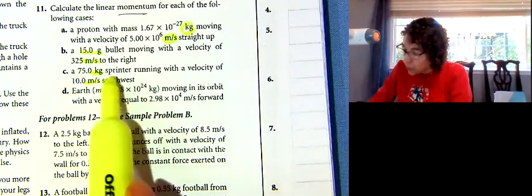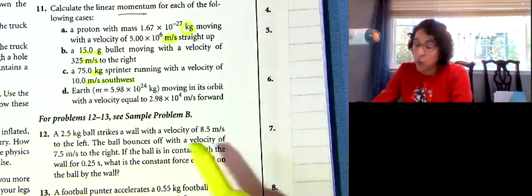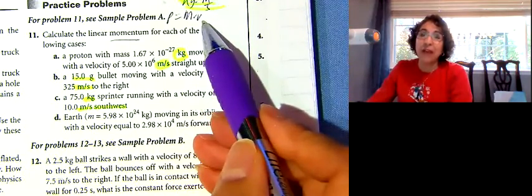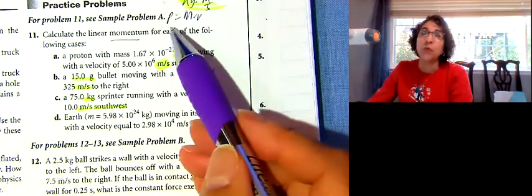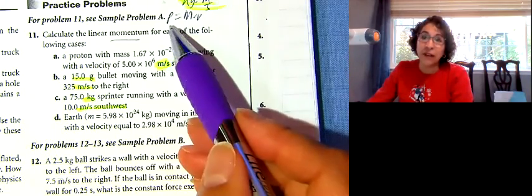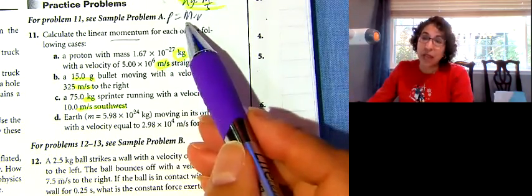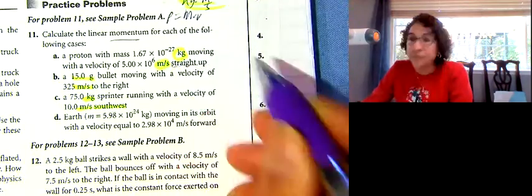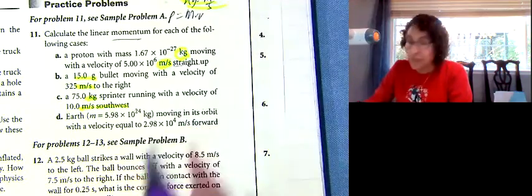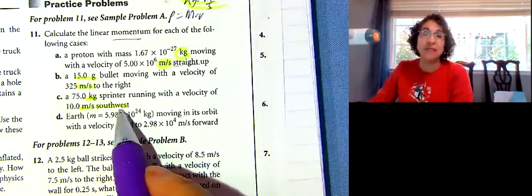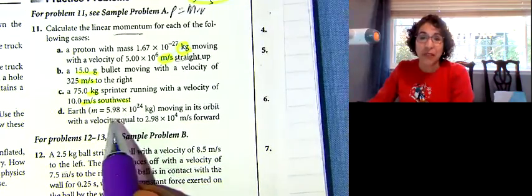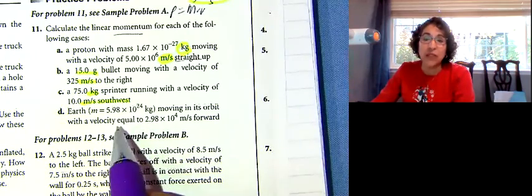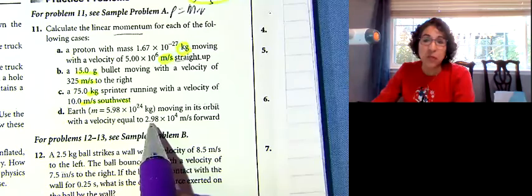Now notice they tell you southwest. Do we care? Yes, we do, because velocity is a vector and has a direction. Therefore momentum is also a vector. Mass is just a scalar, so scalar times vector is going to be a vector. Here they told us it was straight up, and the next one they say to the right, and the next one southwest. The last one is a really big mass, 5.98 times 10 to the 24th kilograms, with a pretty big velocity,